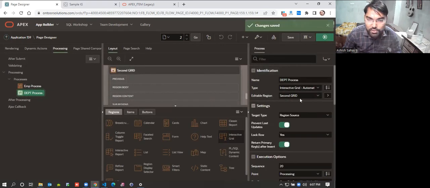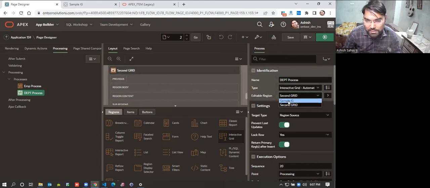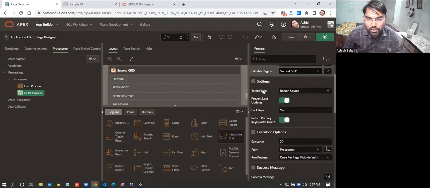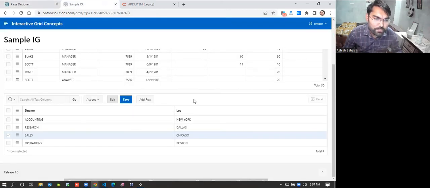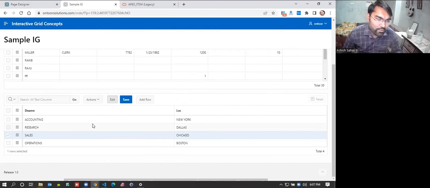So this process has been created on top of the second grid, and you can see under the editable region we have sample IG and second grid, 2 grids we can switch around. All the features we have already discussed. When it comes to the settings, you can have all the 3 options: table view, PL/SQL code, and what we can do under all those 3. So that's the second way of creating grids and managing everything,